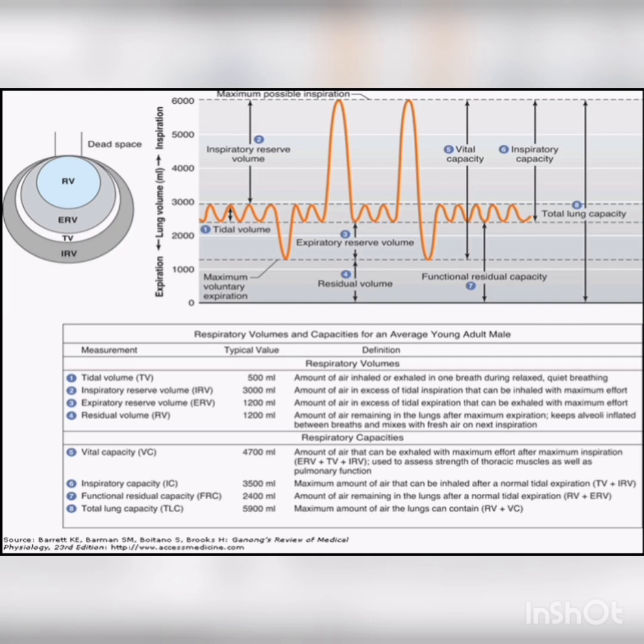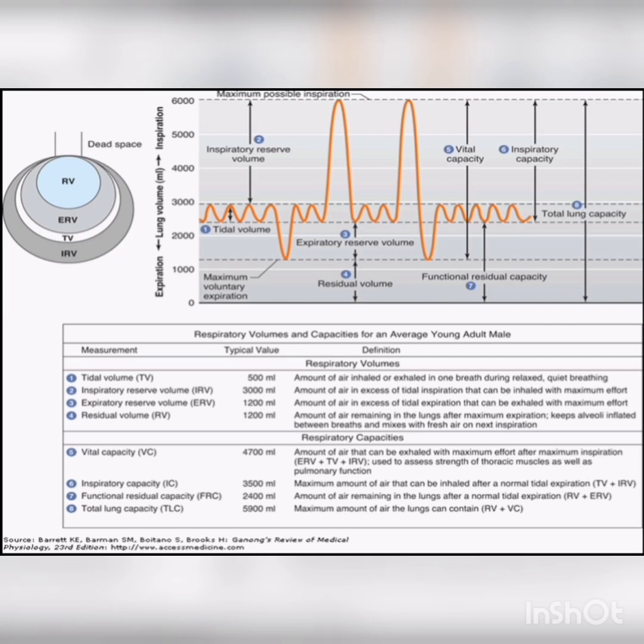Residual volume, which is the amount of air that remains in the lungs after maximum expiration, which keeps the alveoli intact between breaths and mixes with fresh air on the next inspiration, amounts to about 1200 milliliters. Furthermore, on respiratory capacities, vital capacity is the amount of air that can be exhaled with maximum effort after